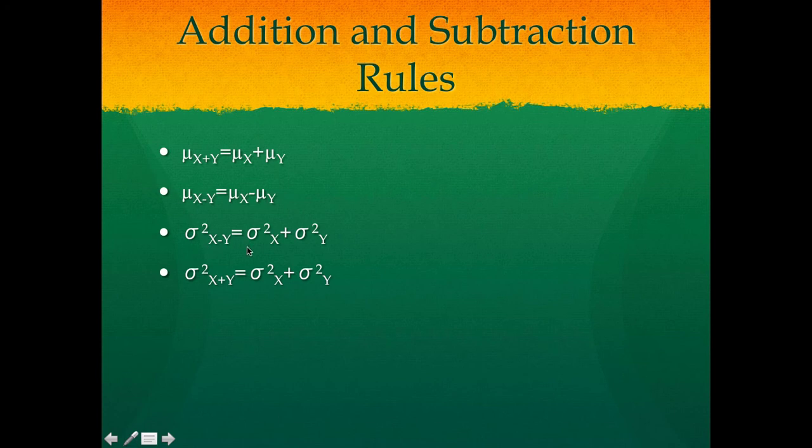The tricky one here is when you're talking about the standard deviation, you do need to convert it to variance by squaring it so that you're not working with some sort of square root. So if you have standard deviation, you would need to take it back to variance by squaring it. And then if you're subtracting the two, you're adding your two variances. If you're adding the two, you're adding your two variances. And again, that takes care of that whole issue, you don't really have a negative standard deviation or a negative variance. It's always